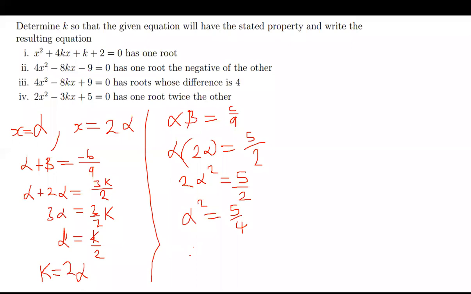So to find the value of alpha, you just get the square root of this 5 over 4, which will just give you the root of 5 over 2. So now to find the k,